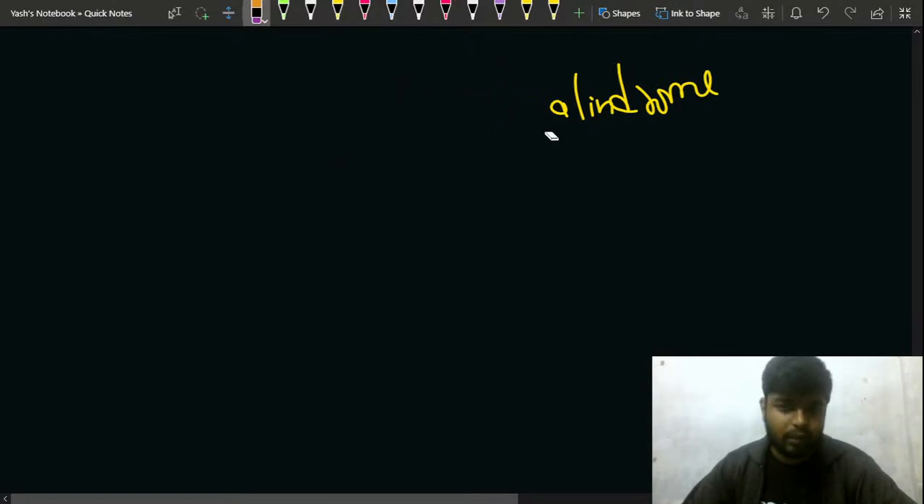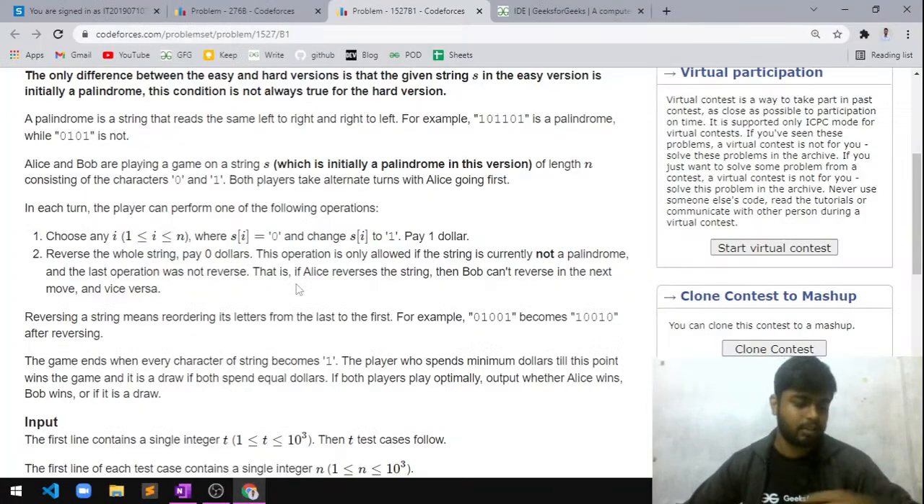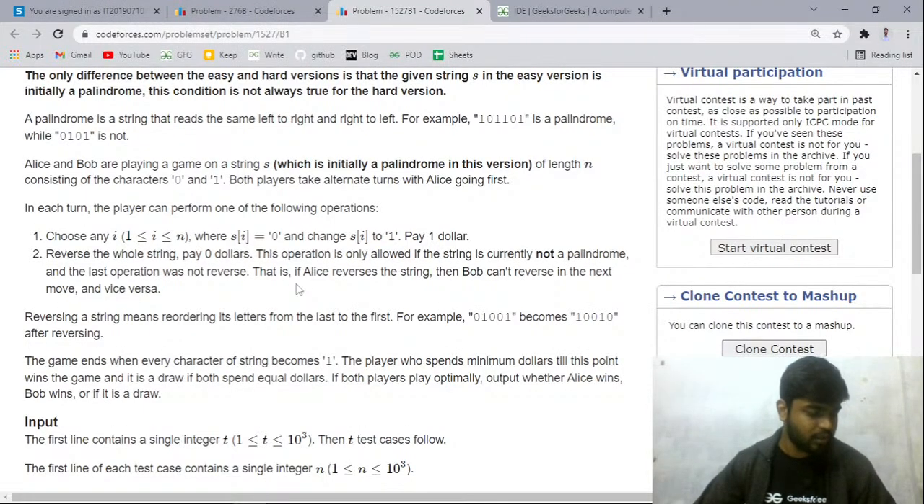Now let us move ahead with this problem and see the next part. So what does the problem say further? Furthermore, the problem says that